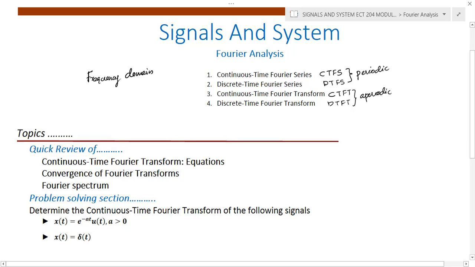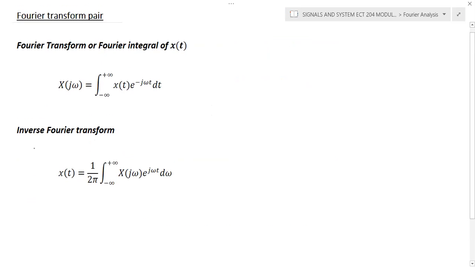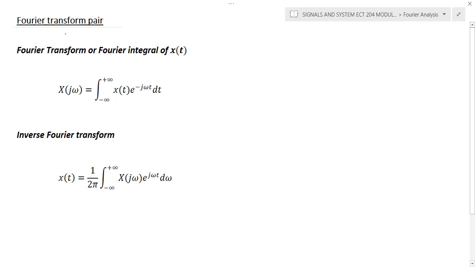Now we'll discuss the basic equations of the continuous time Fourier transform. The Fourier transform equation is normally known as the Fourier transform pair, and it actually has two equations. The usual notation we follow in this lecture series is that the Fourier transform, or Fourier integral, of x of t is represented by X of j omega. That is, the Fourier transform of signal x of t can be calculated by using the formula integral from minus infinity to infinity x of t into e raised to minus j